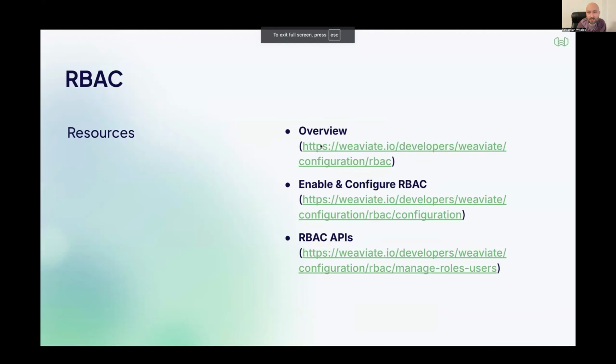So some resources that are worth checking. These are the 3 documentation pages. To be honest, they're all kind of right next to each other, so if you have this link, you have the other ones. The first one is a bit of an overview. The second one talks about how you configure it, in Docker or Kubernetes, etc. While the RBAC APIs, as I want to call them, is how you actually use it inside the different